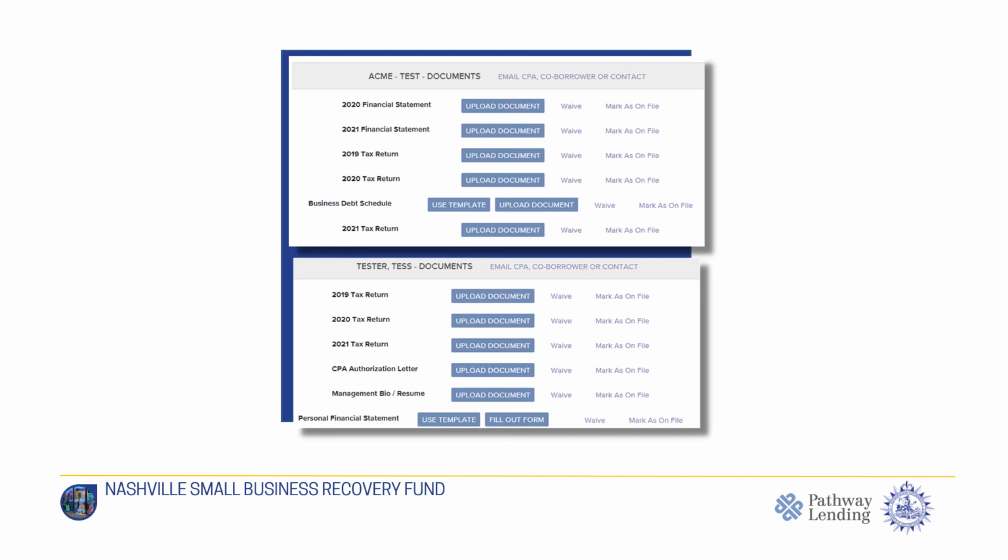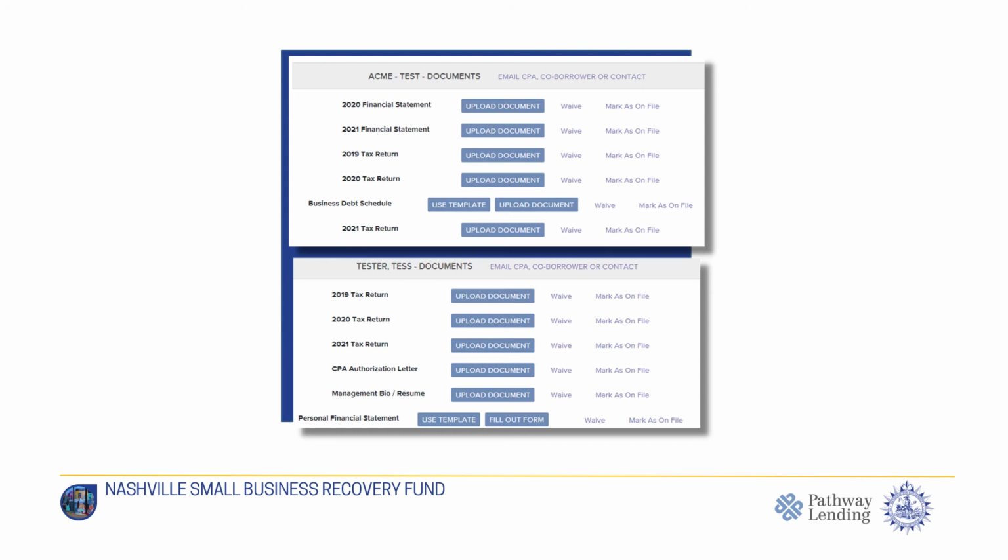Upon approval, you'll be asked for the following additional documentation. Number 1, unexpired government-issued identification with residential address and photograph, such as a driver's license or a passport. Number 2, a voided business checking bank check. Number 3,